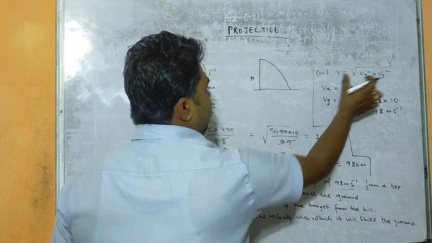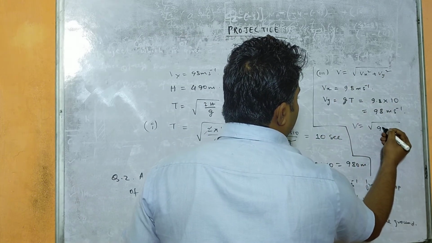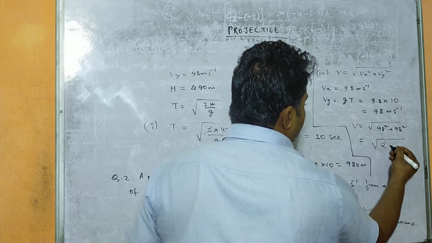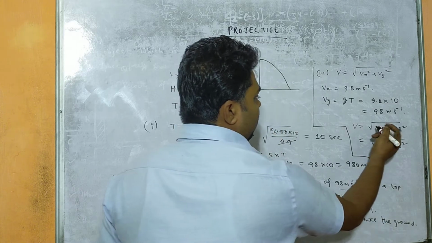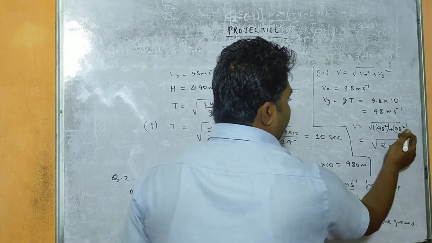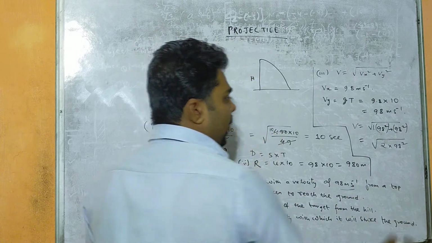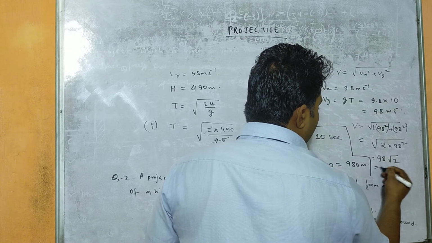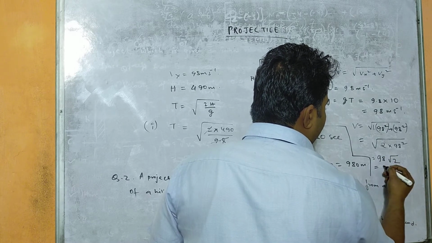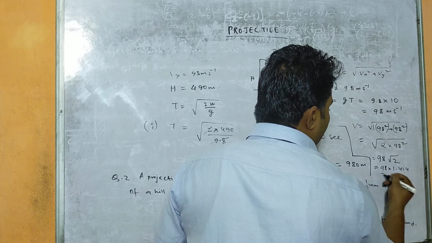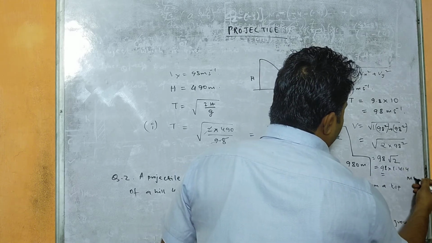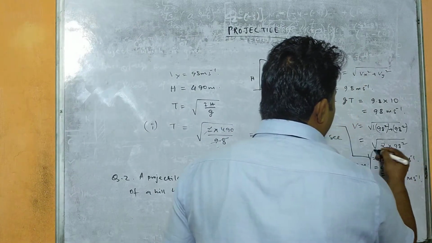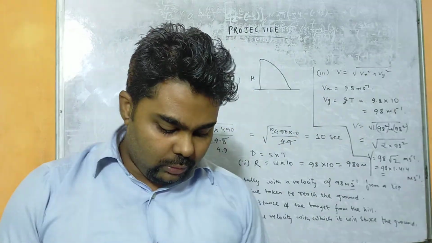Now when you substitute vy and vx over here, we will get root under 98 square plus 98 square. Or you can say 2 into 98 square, because if I consider this as 1 and this as 1, that is 1 plus 1, 2. So 2 times 98 square, so 98 root 2 will come out, right? And root 2, you can leave your answer up to here, or you multiply 98 into 1.414. Whatever the answer is, that is our required answer, in meter per second, right? So you can leave your answer up to here also, in meter per second. So this is the velocity with which it strikes the ground.